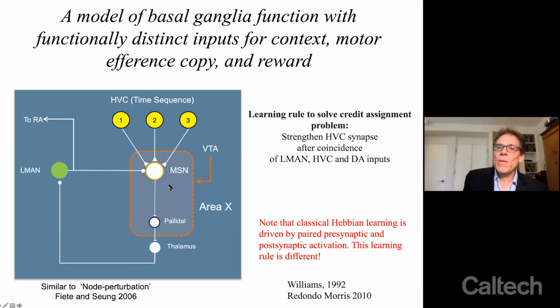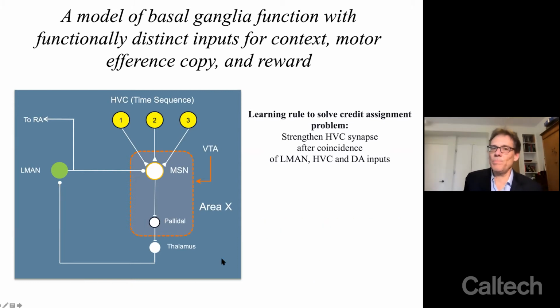And that learning rule is similar to other ideas that have been proposed, for example, synaptic tag and capture, and 3-factor learning rules that have been proposed by others. And it was also very much inspired by the work from Michale Fee and Sebastian Seung on the idea of node perturbation as a mechanism of gradient descent learning in neural networks. So here's how this works.